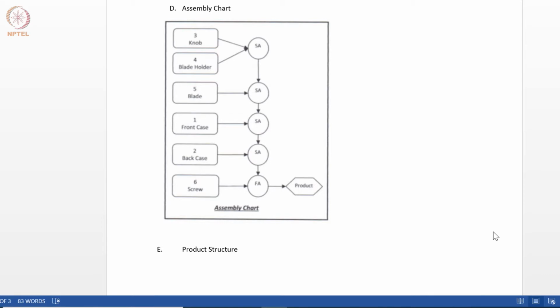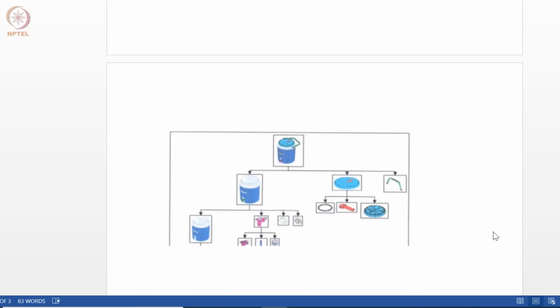As you can see here, a few products will become a sub-assembly, and like that there will be many sub-assemblies, and all these sub-assemblies finally get into a final assembly, and you will get a product. So it need not always be in the same kind of sequence. There will be multiple in parallel. You can identify many sub-assemblies, and then they are brought together into a final assembly. So this structure you also need to identify in the product, and then prepare an assembly chart like this.